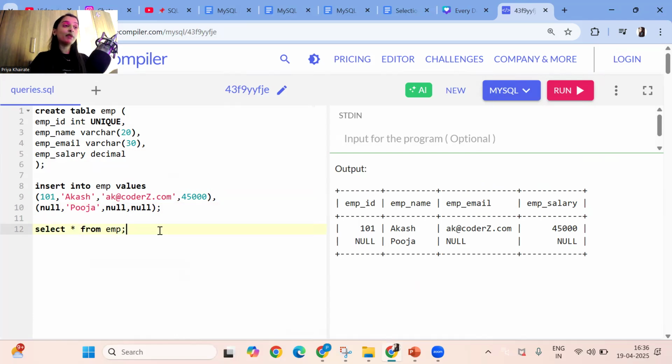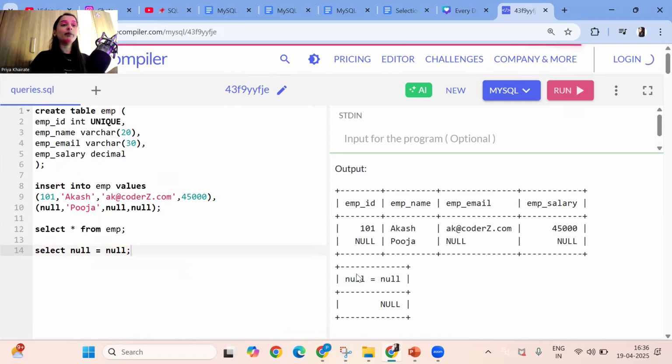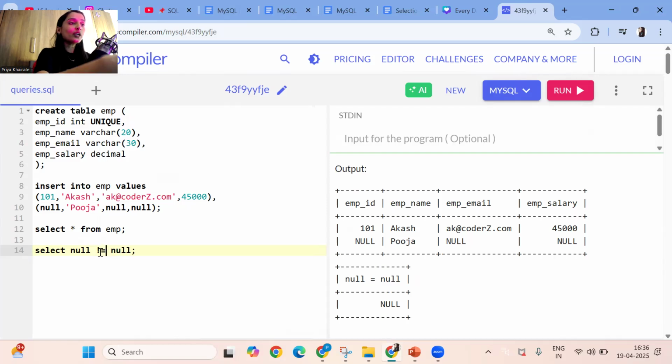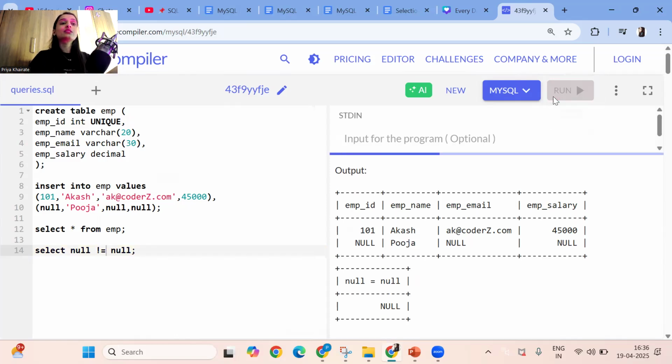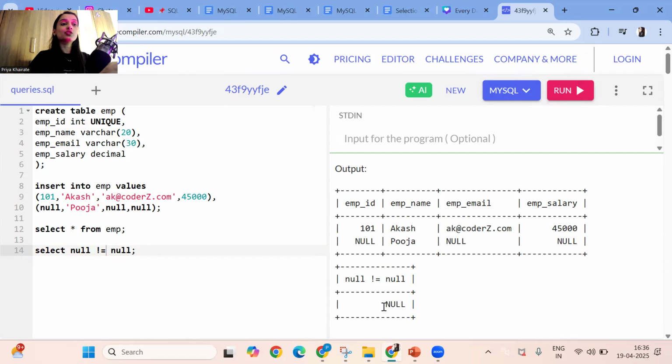This will happen because in MySQL, one null value is not equal to another null value. See, if I write null is equal to null, the output will be null. If you write null is not equal to null, still your output will be null. You check the output here, guys. If you write null plus null, the output will remain null only.